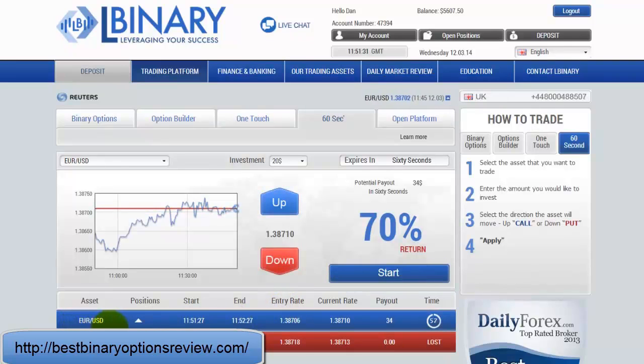Now, as you may have noticed, an important thing about this strategy, especially when trading 60-second binary options, is the speed at which you enter into the trade. As soon as you lose a trade, don't hesitate for a second. You have to quickly follow up by continuing on to the next step in order to recoup your loss and catch that currency fluctuation. Let's hope that this time you'll get to see a losing trade